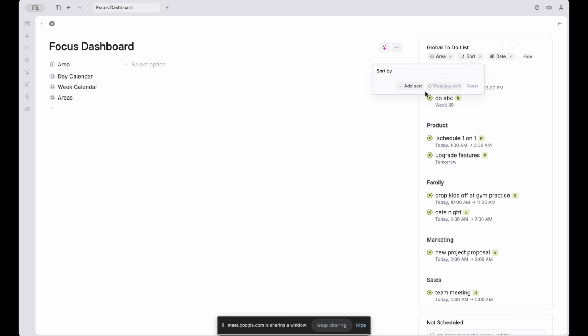Maybe I also want to add a filter there or a sort. So it's always going to show the most recent or the most upcoming to-do within there. I guess it's not doing that for the not defined. I got to switch it up. No. Whatever. Cool. So now we've got another, going back to that thinking by dimensions, we've got multiple dimensions here